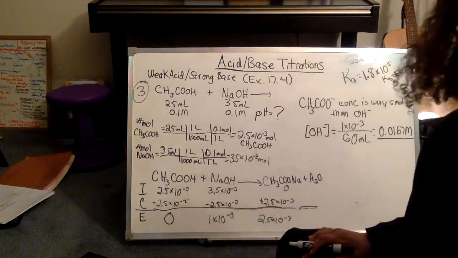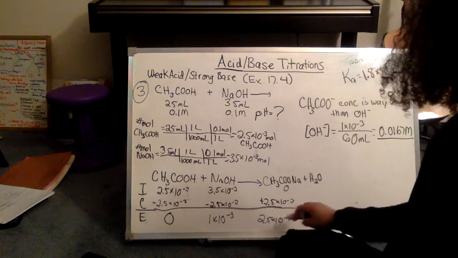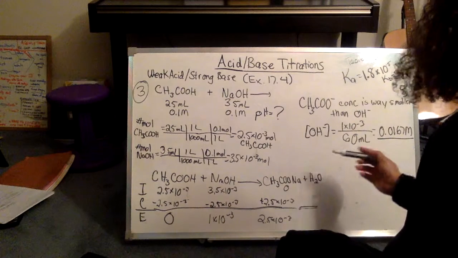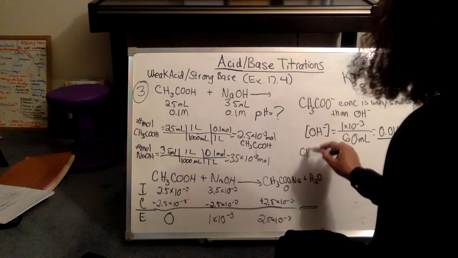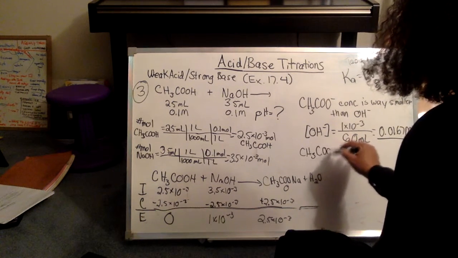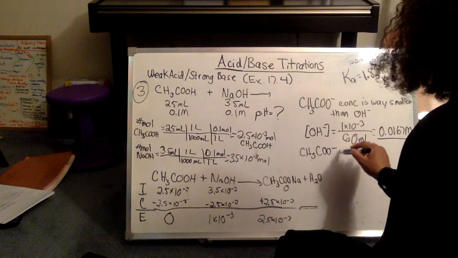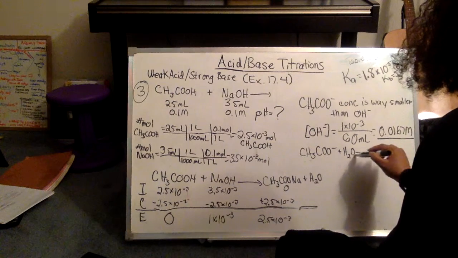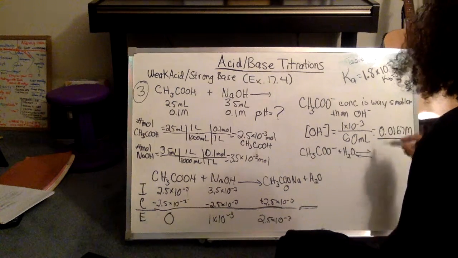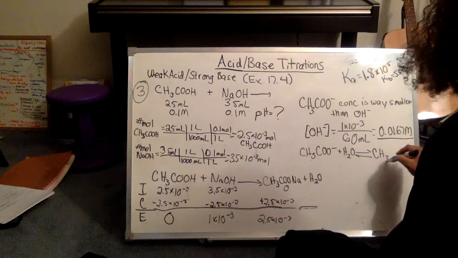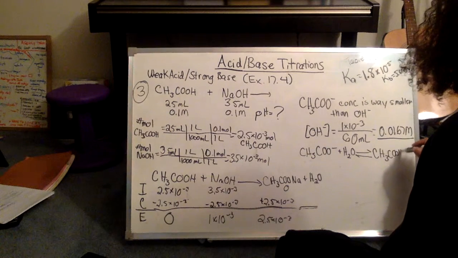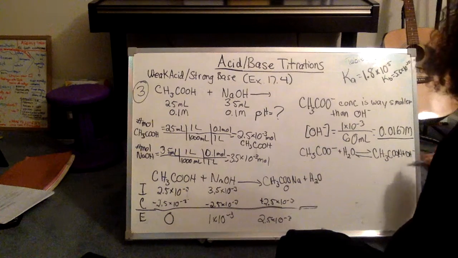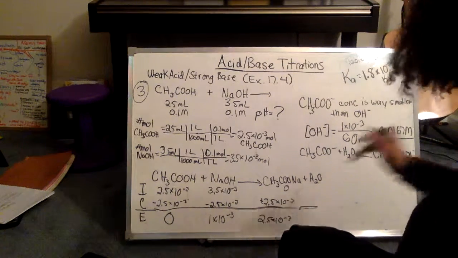So the difference is, yes, we do have some conjugate base that is formed, and it weakly dissociates. And if we went ahead and looked at this reaction, the COO minus plus water to give a little bit of acetic acid plus OH, we could figure out this OH just like we did for